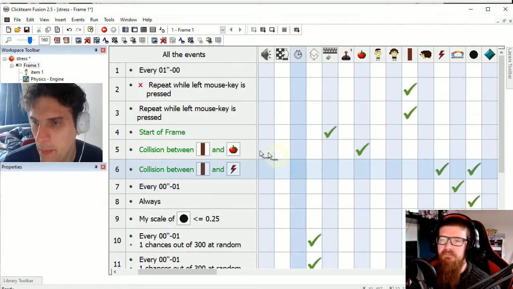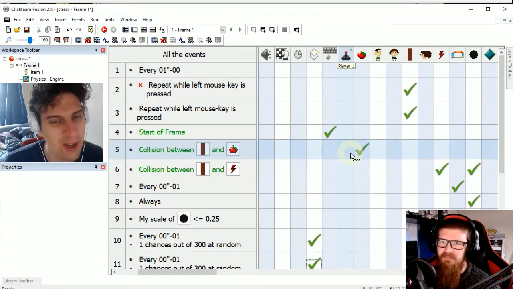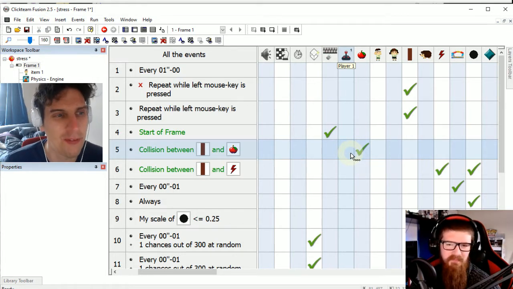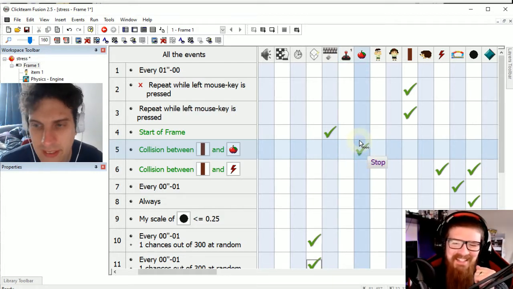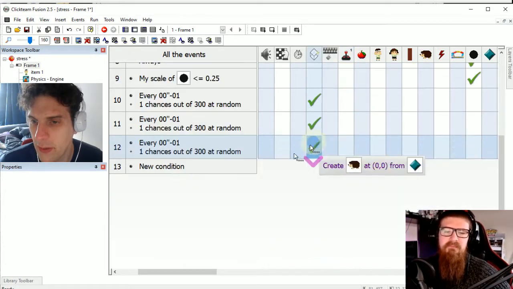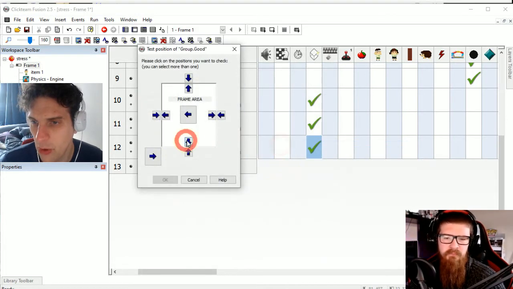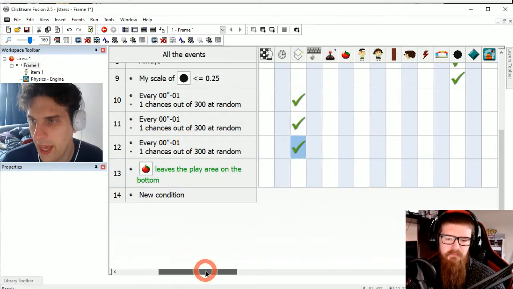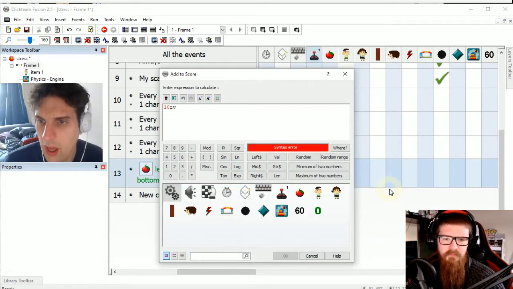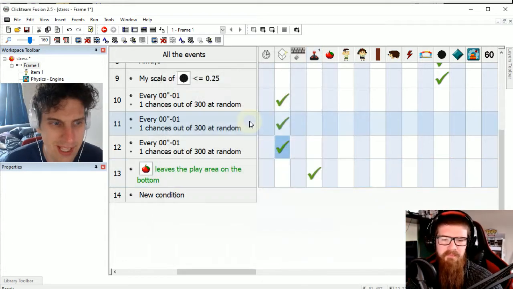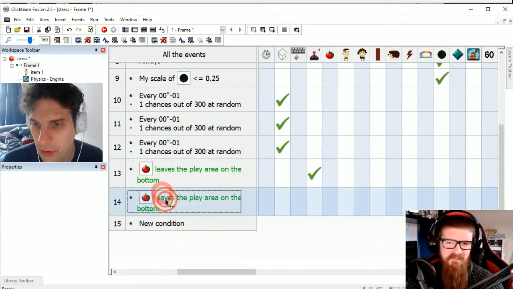So every time that we hit a kid, now I know that sounds wrong, guys, but every time that the bat protects the kid from falling off the trampoline or hits a kid, I'm not going to bother giving any points, actually. I'm going to say that if any of the good things go back down off the bottom of the screen, then you get a point. So score, add to score. Let's give yourself 10 points. Stop with the wet keyboard, just adding C's and V's everywhere. Right? But if they go off the left or right,